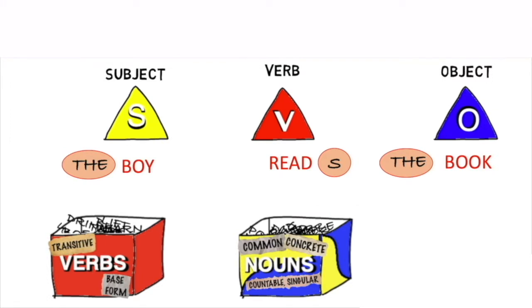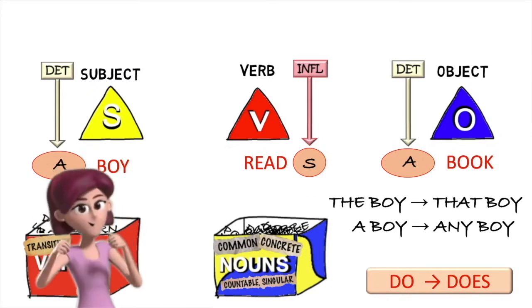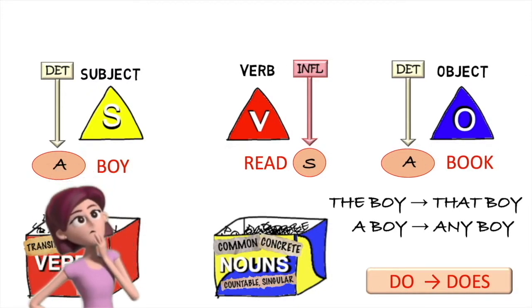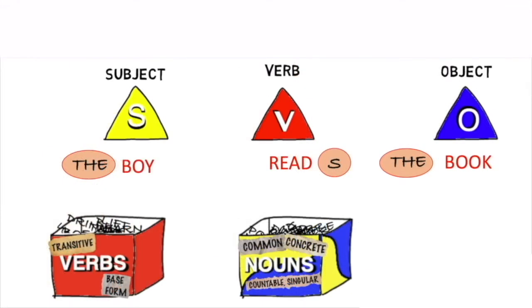So far, we've studied the basic subject-verb-object structure, and we've looked at some simple variations like plural nouns and indefinite articles. There are lots of other variations which we'll be coming back to later on, but let's go back now to a singular noun subject with the definite article. The boy reads the book. And we'll work through the first, most basic transformation in English grammar.